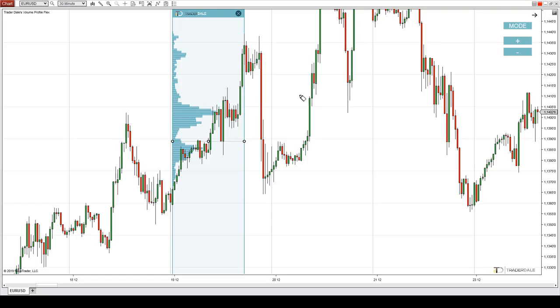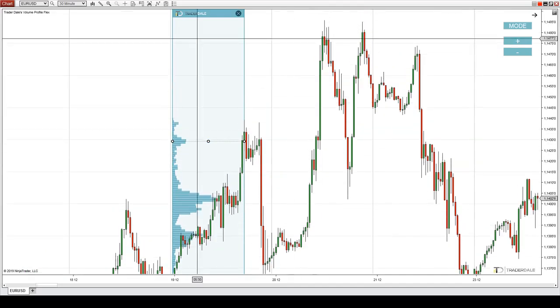There was FOMC meeting, those candles. This is FOMC rate decision. So you definitely don't want to trade during such strong news. So no trade there, but if there was no news, it would be a very nice trade to take. And I'm sure that it would be a winner. So what's next